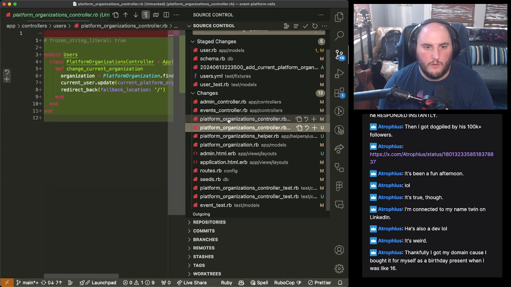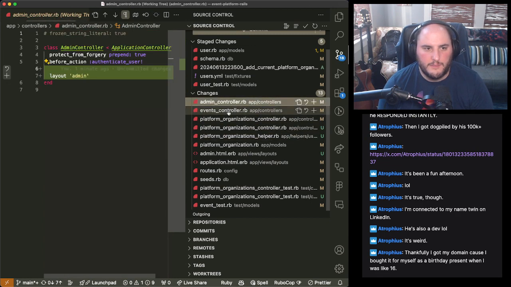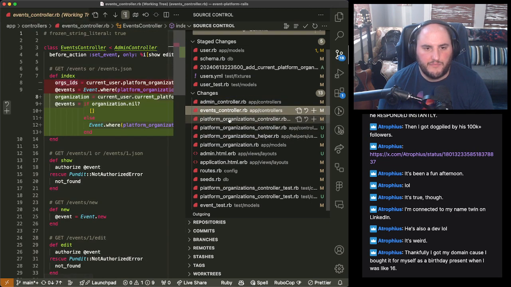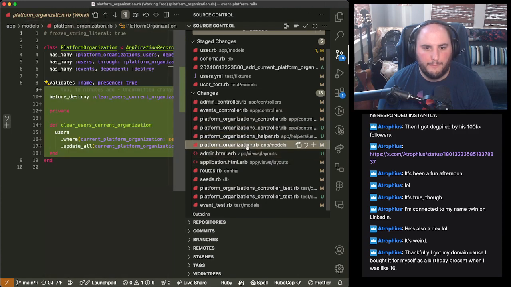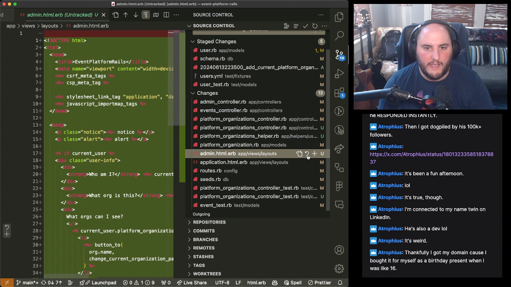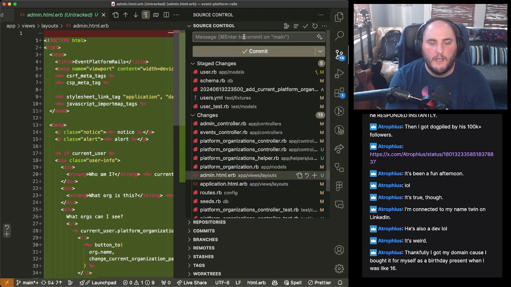and what we can do here, just making sure I haven't missed anything, but actually, yeah, we are going to do more here. We're going to add the admin, well, no, let's just do it like this. So add ability for user to know their current org.